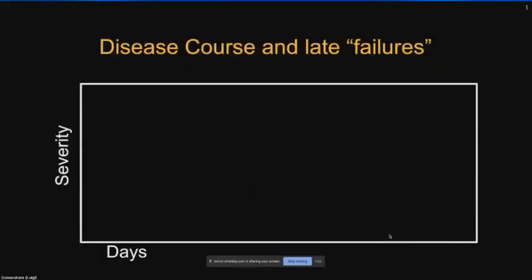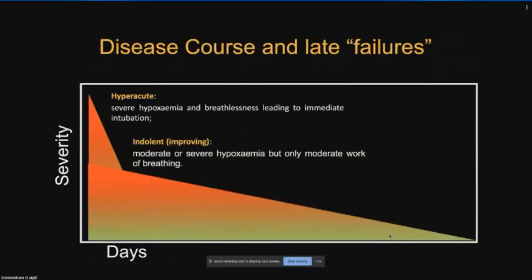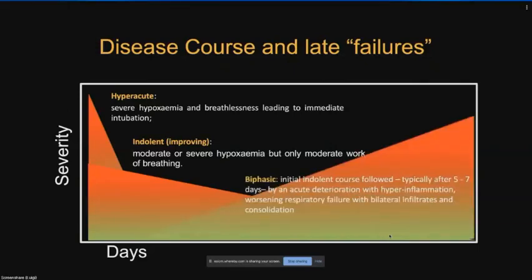I mean, you all have seen by now that I think in my mind there are three patterns. There is a pattern where the severity is very high, the disease is hyperacute, the hypoxemia is severe, the breathlessness is severe, and that leads to immediate intubation. However, there is a more indolent or even improving course where there is moderate or severe hypoxemia, but only moderate work of breathing. And patients might be ventilated invasively or often non-invasively for a number of days